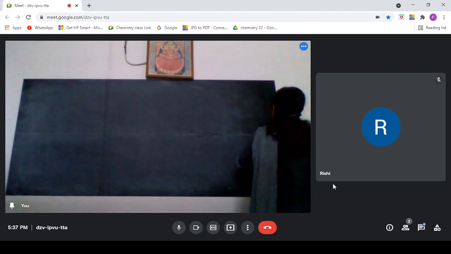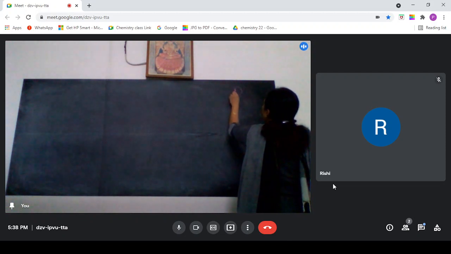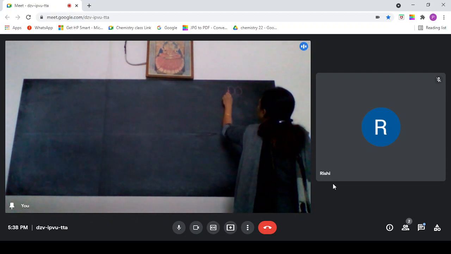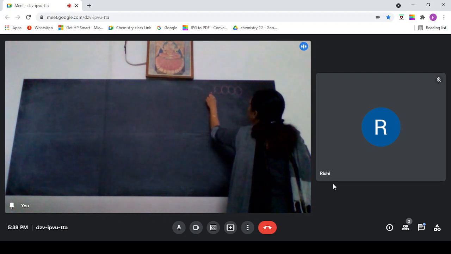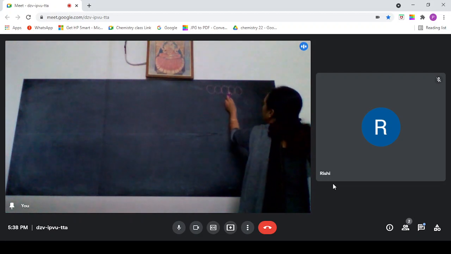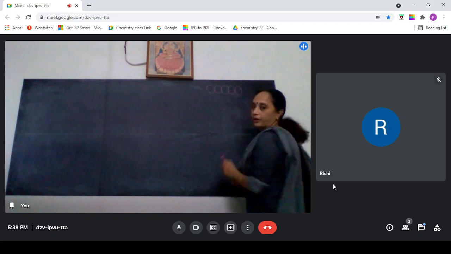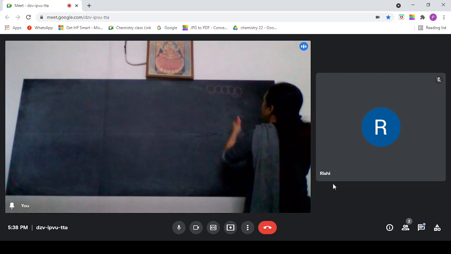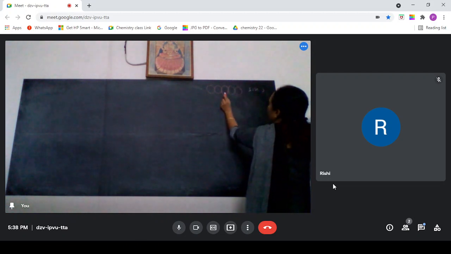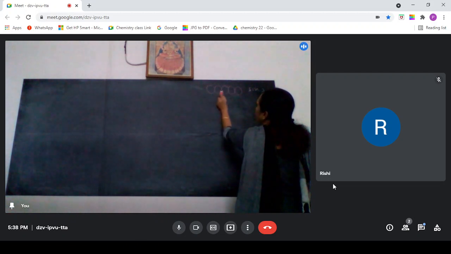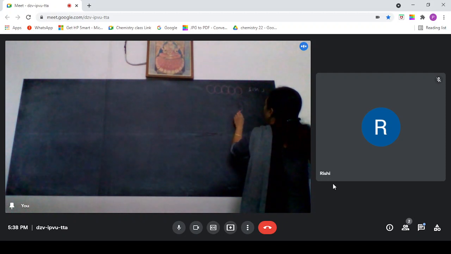If you write in one dimension, we assume that all of them are identical hard spheres like this. This is in one dimension. The nearest neighbors, you call it the coordination number. In one dimension, the coordination number will be 2 because each particle is touching two other particles. Now in two dimensions, how will it be?